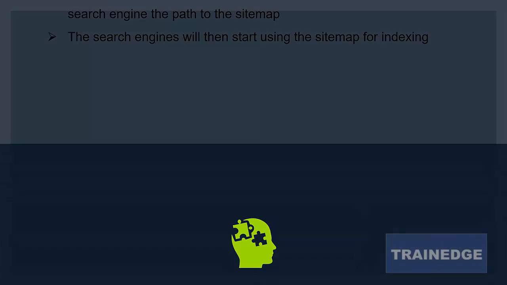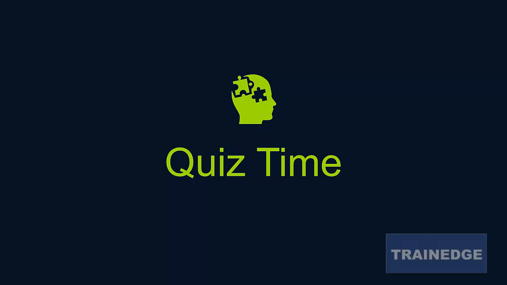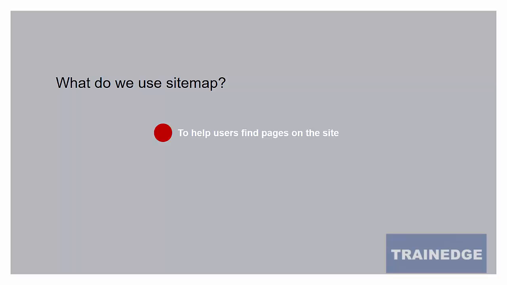Great. So let us see how well you have understood this topic. What do we use a sitemap for? To help users find pages on the site, to help search engines find pages on the site, to improve